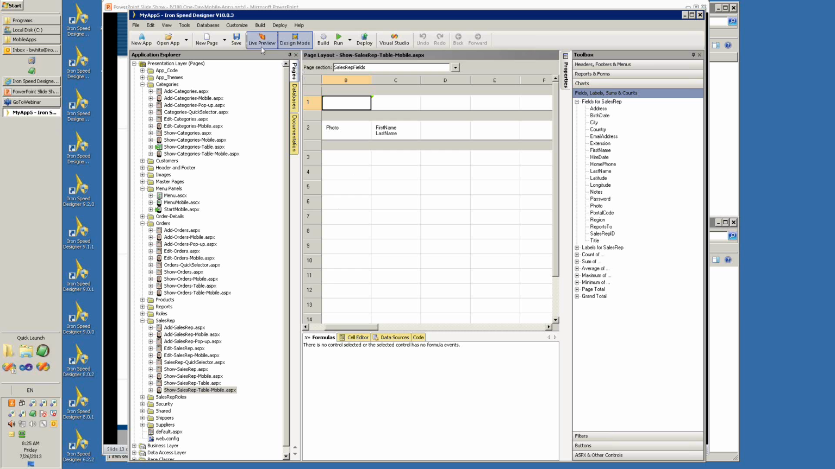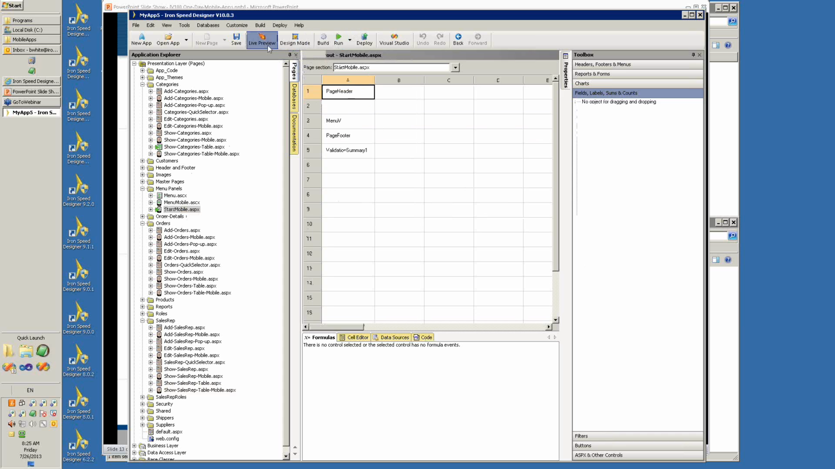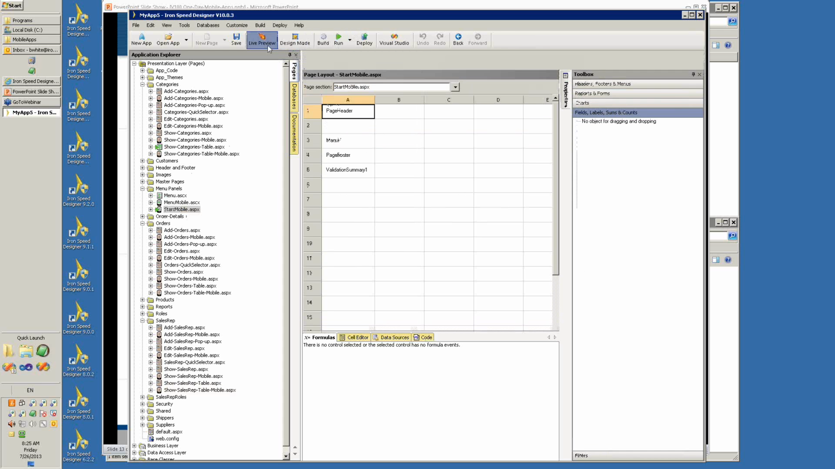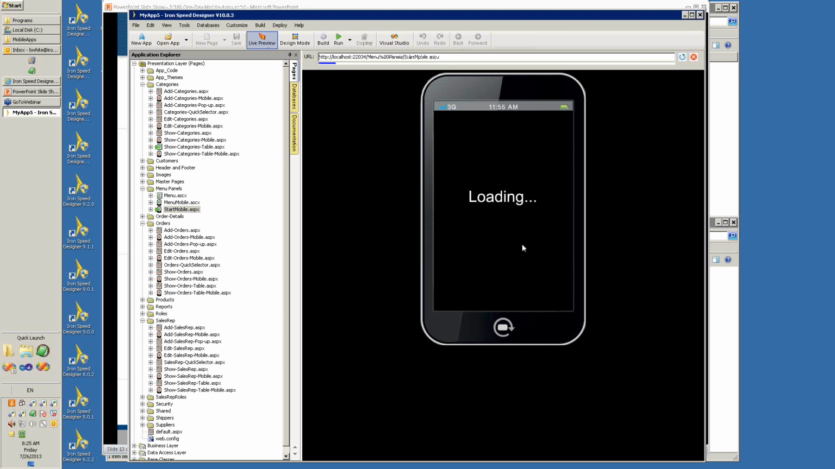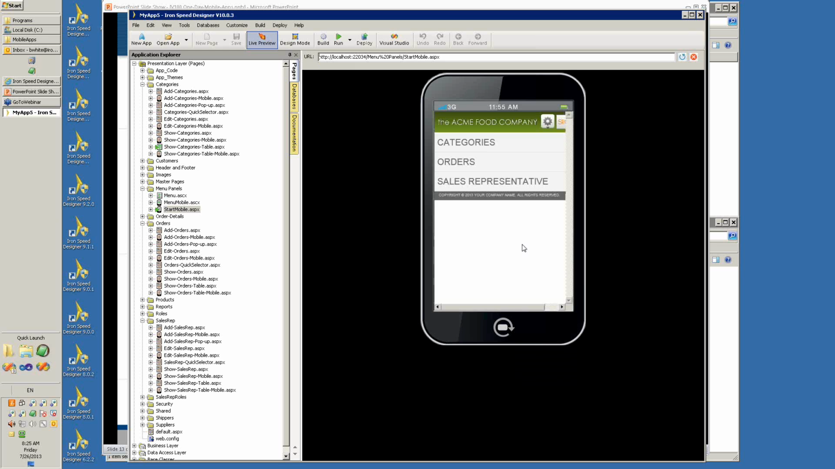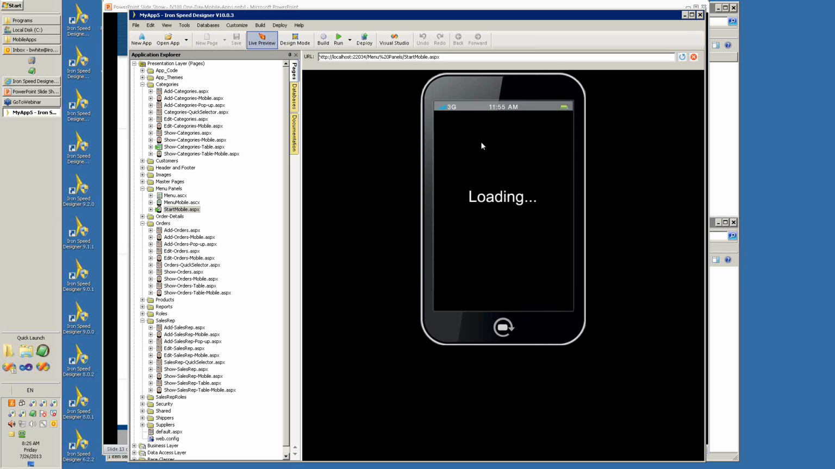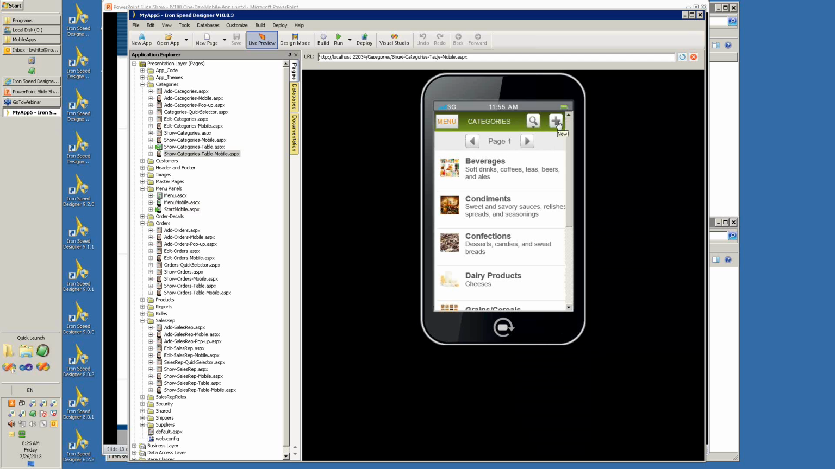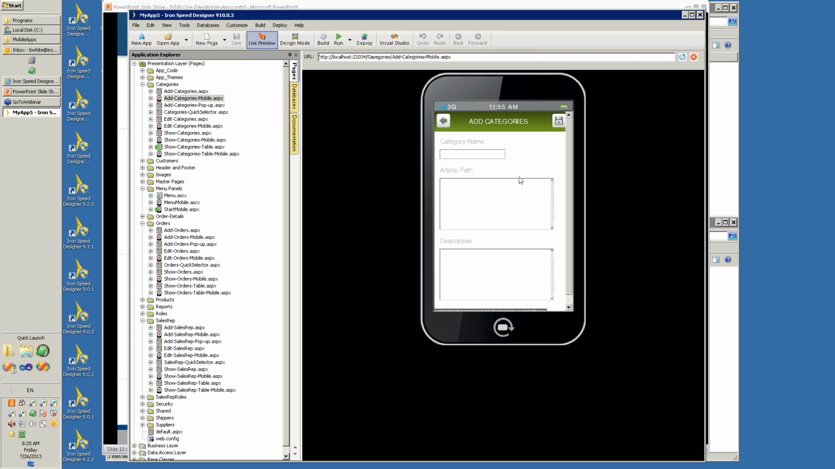There we have it. Now let's go back to looking at the preview of our start page, mobile. Here we go. We don't want to disable security. We actually want to see it work. As our start page starts up, now we're going to go to the categories page. And if we now try to access adding a record,